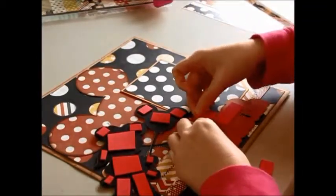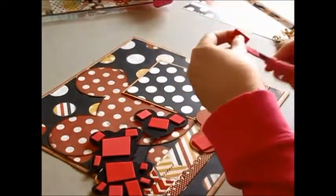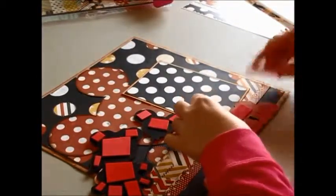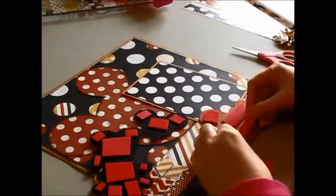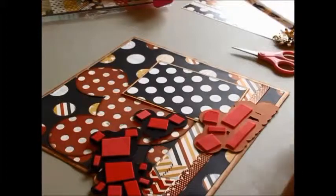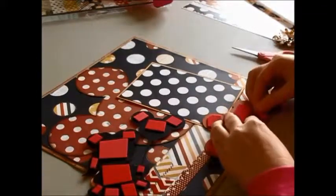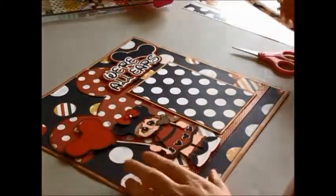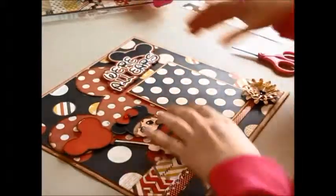So let's see. This is actually a little bit too big. Okay, so then you put that down. That's going to go up here. Little girl is going to go down here. And then the flower, make sure I'm not forgetting anything. Okay, so now we're going to go ahead and start